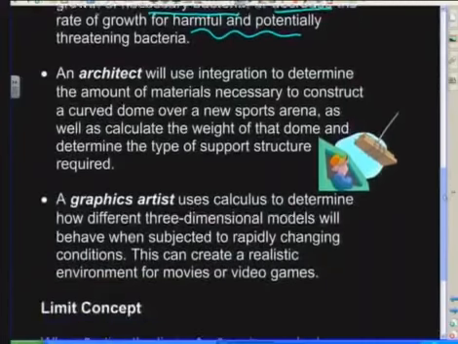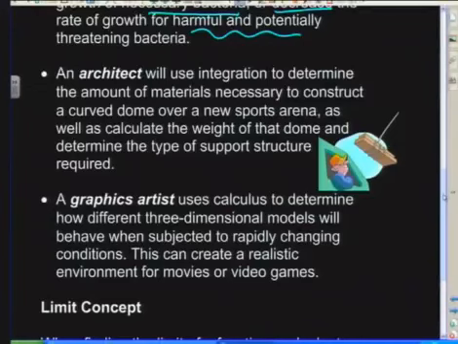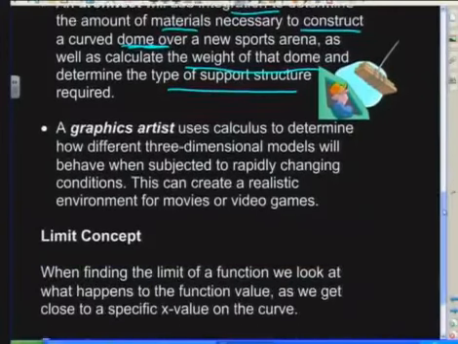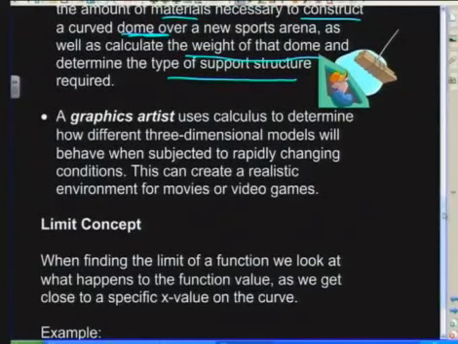One of the other uses is an architect will use integration to determine the amount of materials needed to construct a curved dome. Think here of the Moses Mabhida Stadium in Durban. And as well as calculate the weight of the dome and determine the type of support structure that's required. And then something that you wouldn't think you really use calculus in, well, it's used indirectly by graphics artists, okay? So people think, okay, I'm going to go into an art subject, I'm going to get